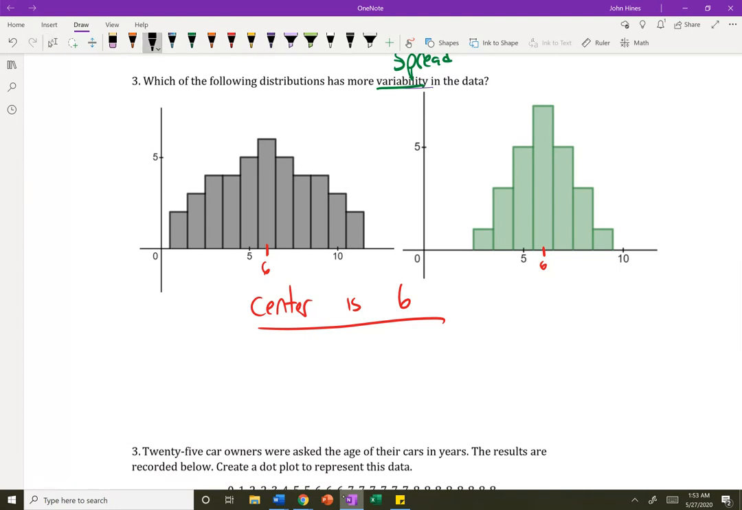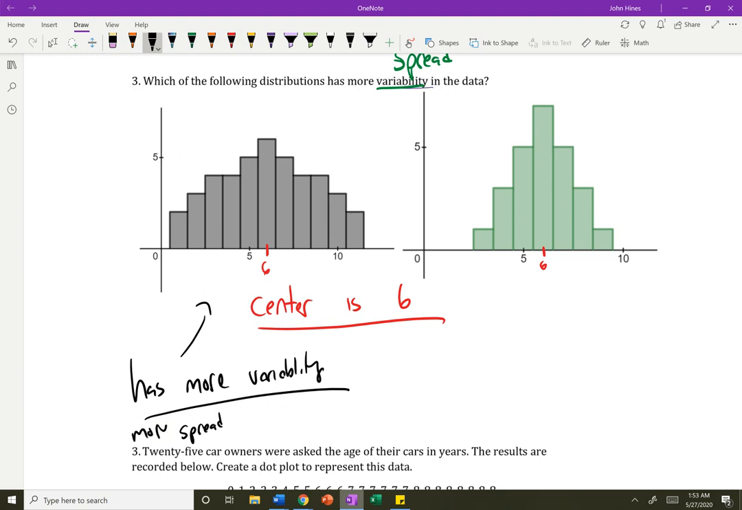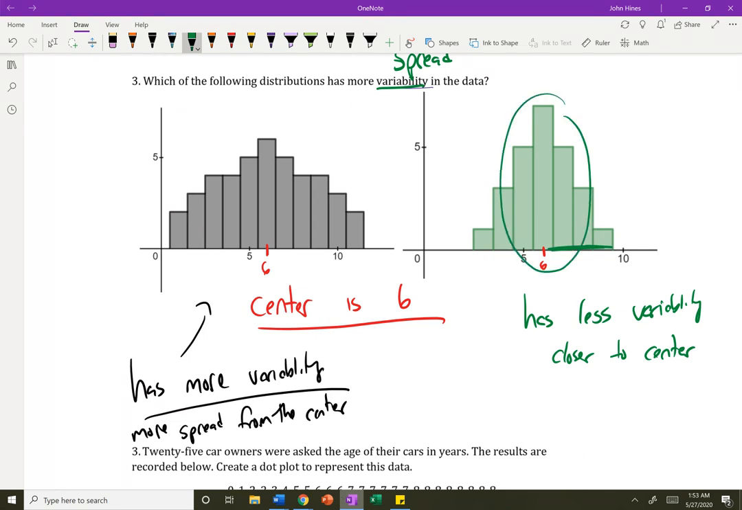So the black distribution, this one has more variability. Why? Because it's spread out from the center. It's more spread from the center. Whereas the green distribution here has less variability. It's closer to the center. The data points are closer to the center, the average of the distribution. Most of the data is here, whereas over here, if I do that middle circle, the data is